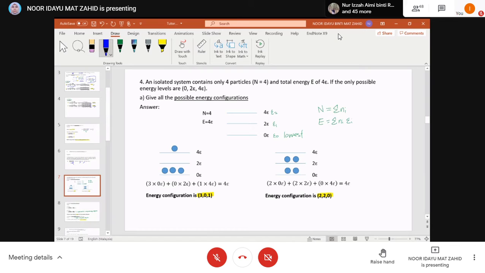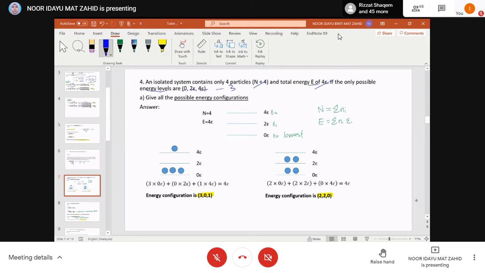Question number 4. An isolated system contains only 4 particles, so it already implies that the total number of particles, capital N, is 4. And the total energy, represented by capital E, is 4 epsilon. I don't give a value this time, I just represented the total energy as 4 epsilon. If the only possible energy levels are 0, 2 epsilon and 4 epsilon,